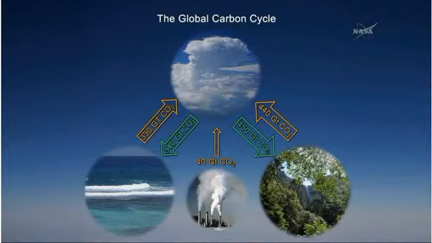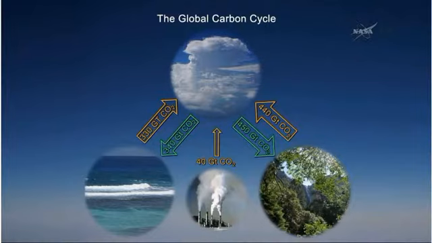Same thing, you see the trees over here. Remember back when we were kids in grade school, our teachers were telling us about photosynthesis and trees growing. When that photosynthesis happens and the trees grow, they actually take carbon dioxide out of the atmosphere and use it to build themselves, to build the leaves and the stems and the roots. And then when they fall down in the fall, and they just degrade, they put that carbon dioxide back up.